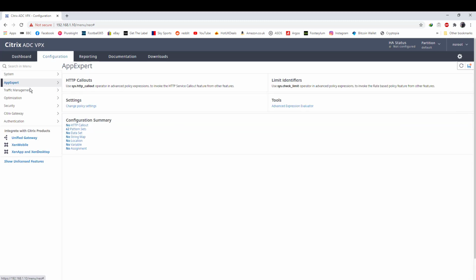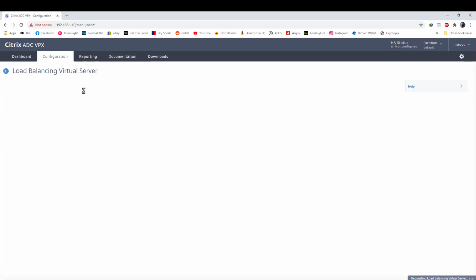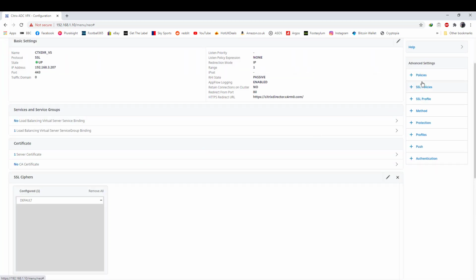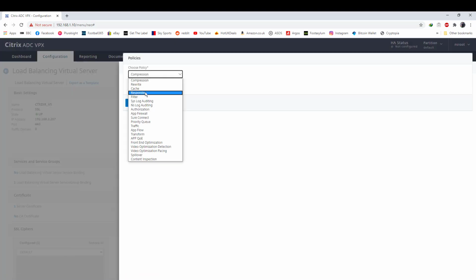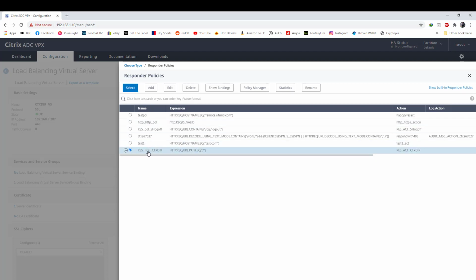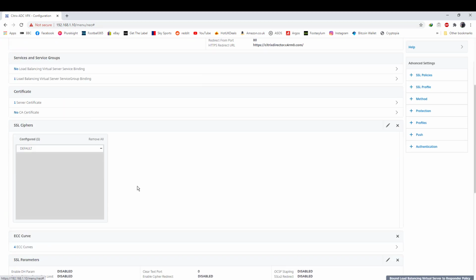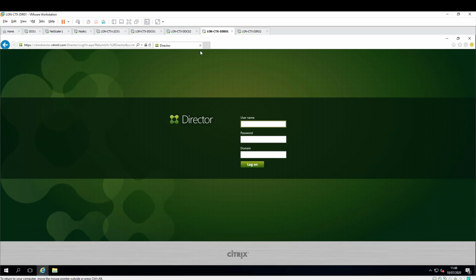Okay, so we now need to bind that. So if we go into traffic management, load balancer, virtual servers, edit our Director vServer, add policies, and then click on the plus sign. It's a responder policy, it's a request policy, and then I'm going to bind our responder policy that we've just created. We've got no other policies, so we don't have to worry about priority. Click on done, and now if we test this, so if we go back to our Director server,